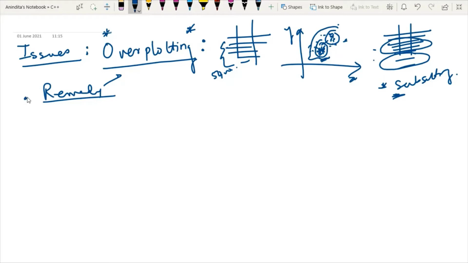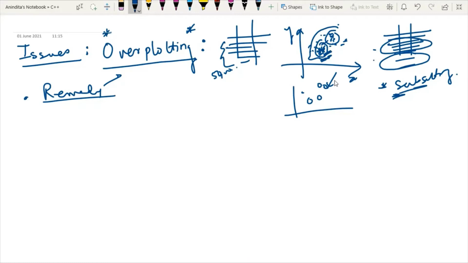We have another remedy apart from subsetting. We can also change the form of the dots, meaning instead of small dots we can use larger dots, so that this kind of situation can be avoided. Or we can add some transparency to the scatter plot so that we can find out which points are overlapping, to increase the visibility of the dots. So these are the basic patterns.